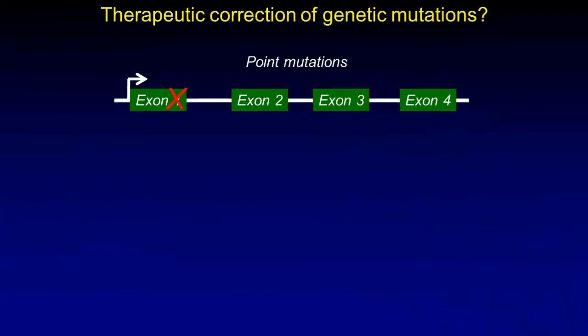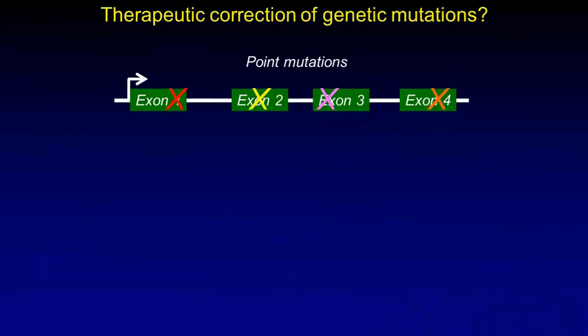And so just graphically, we could say that the mutation could appear here, or in any of these exons in any particular gene. So if we had to actually go in and correct point mutations all throughout the gene, we would have to have nucleases that were somehow FDA approved at all these positions. And that seems like a task that would not be easy to address.